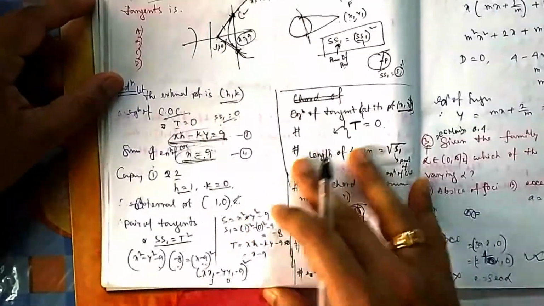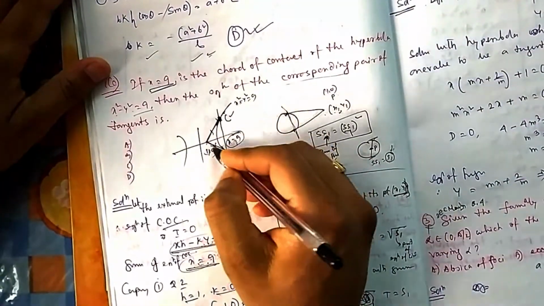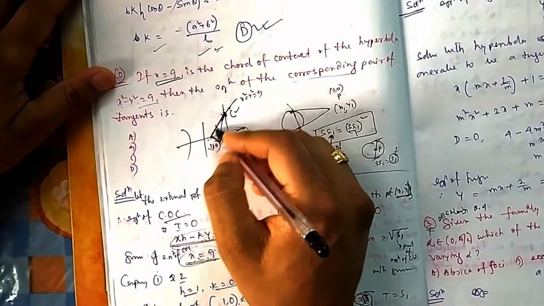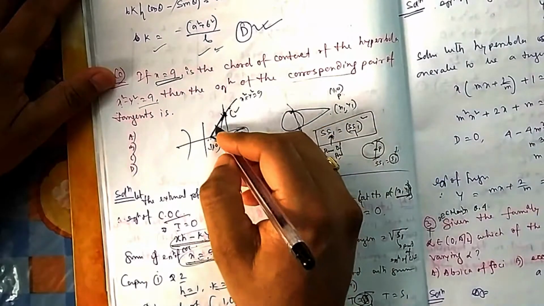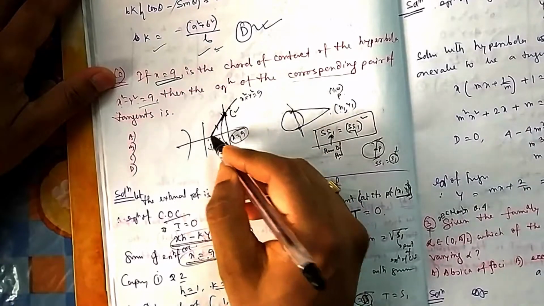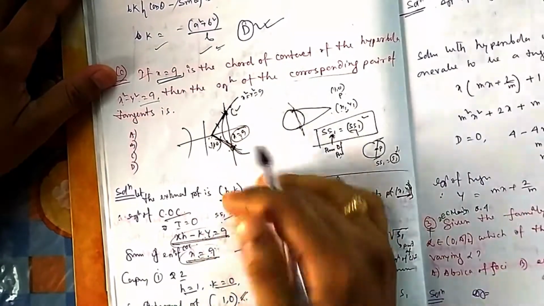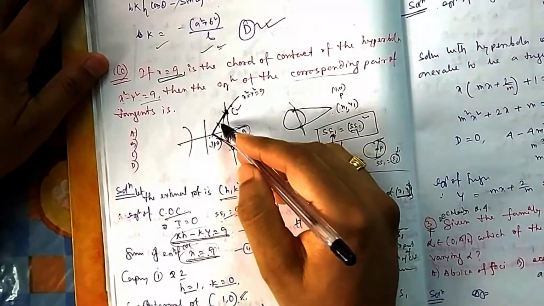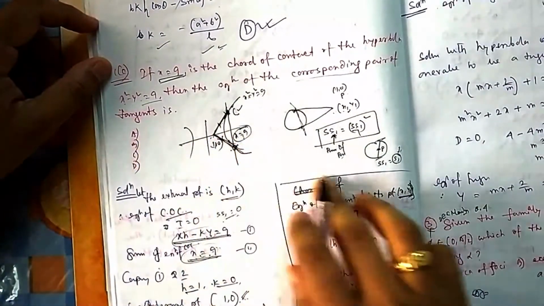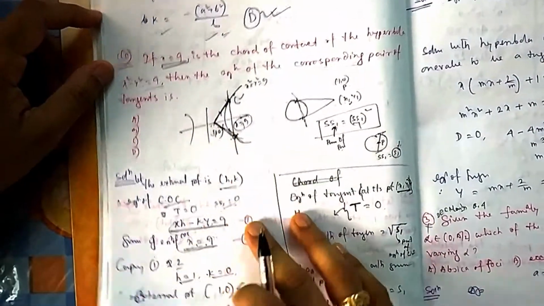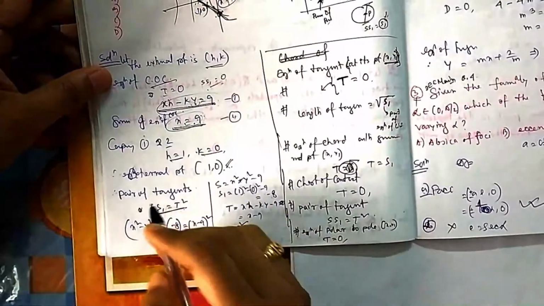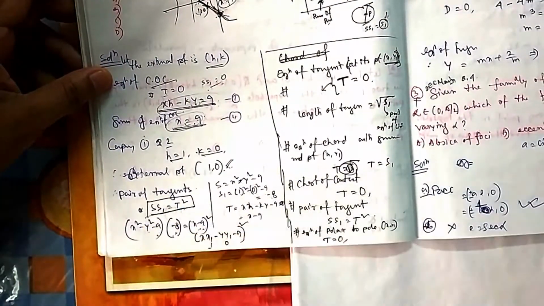But here it will directly come, and the other way it will take some time, because you need to find the points, then you need to find two equations of the straight line. Once you know one, then the other one is just symmetrical to that one. You change the slope by minus, then it will be okay. Once you know both these equations, you take the product, then you will find the pair of equations. You can go this way also if you don't know the formula, but I have explained the formula here. You remember this one, I forgot to explain it in the theory.